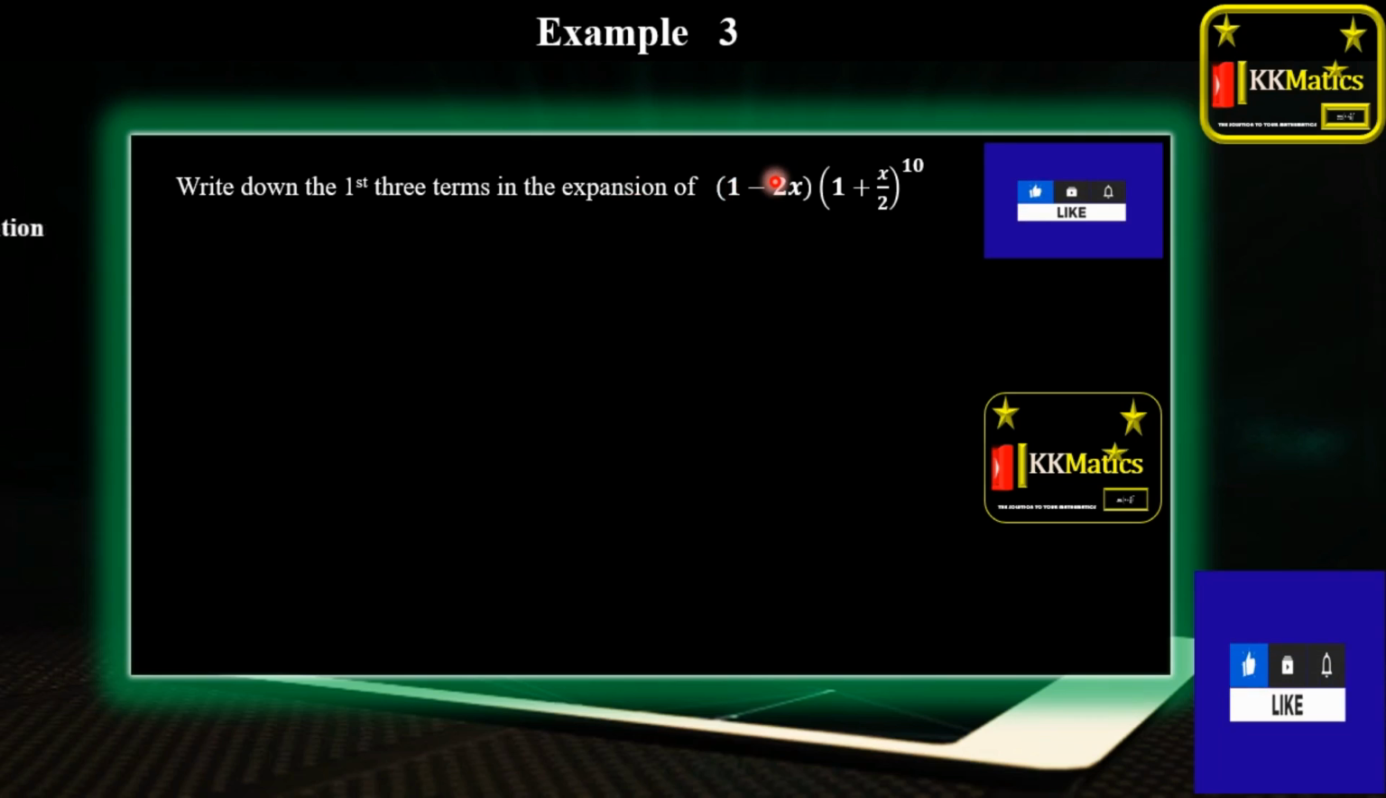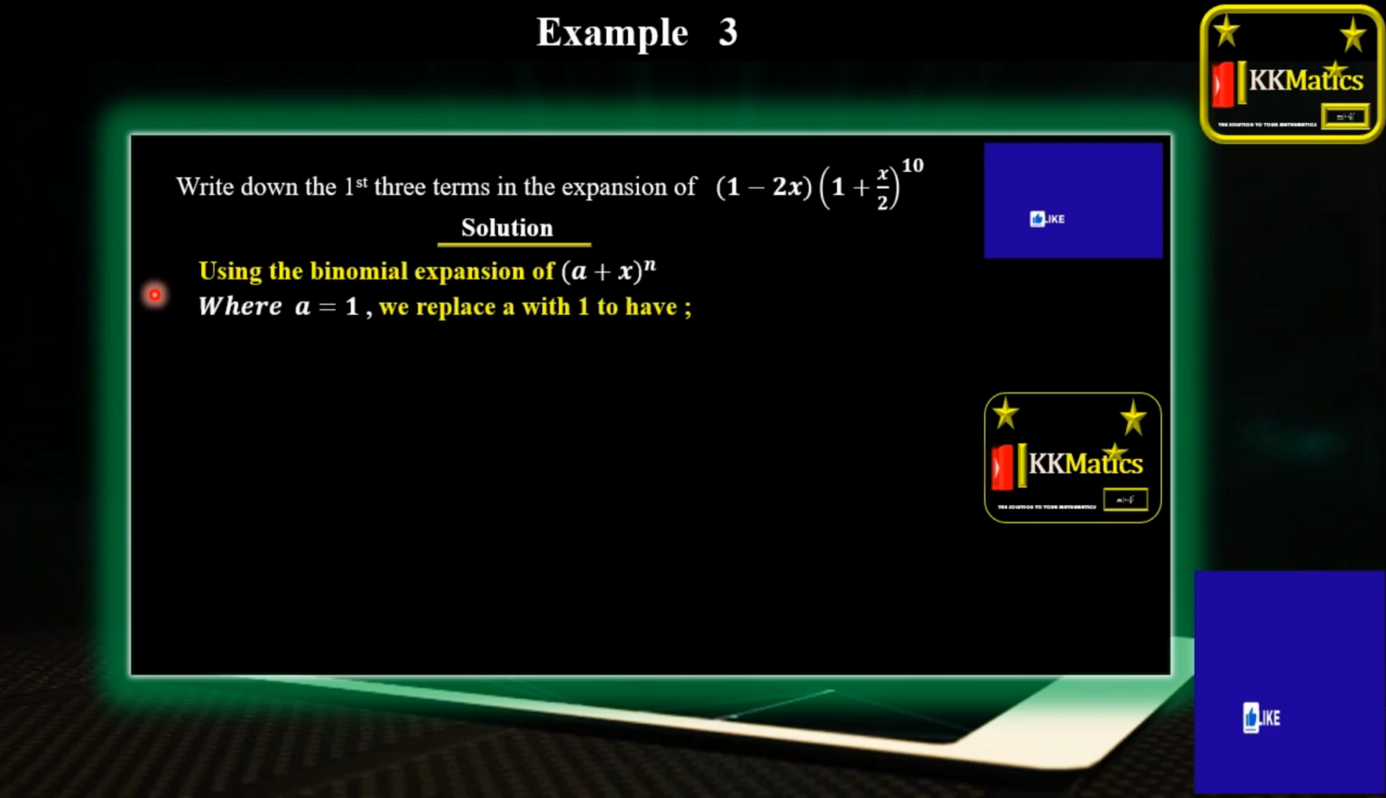So consider this. The important thing we need to consider here is we have to expand this. Then after expanding that, the next thing to do is multiply both expressions there. So by using the binomial expansion of (a + x)^n,